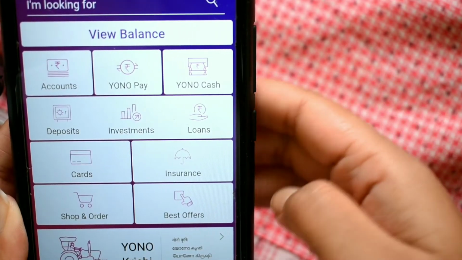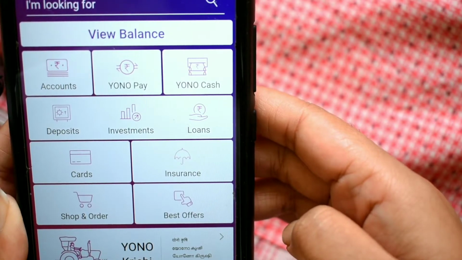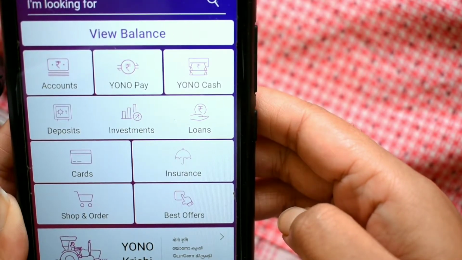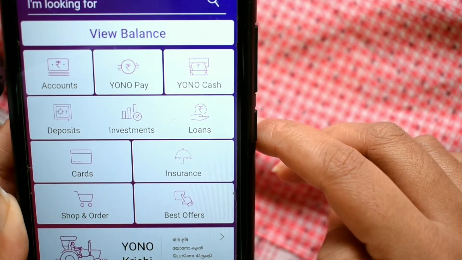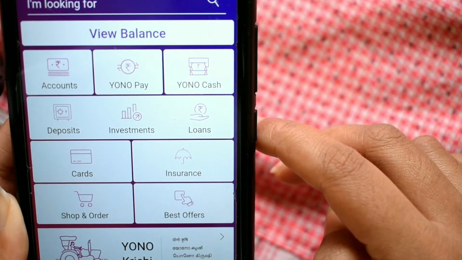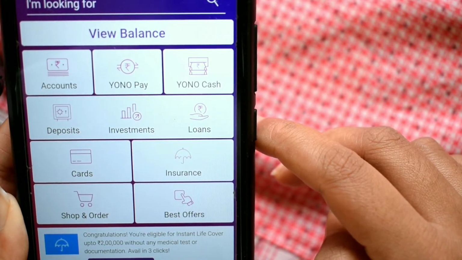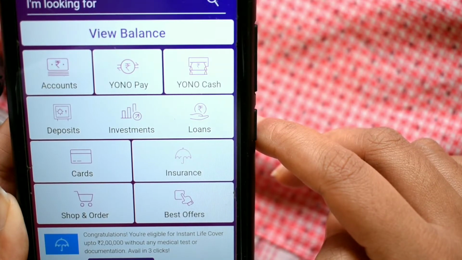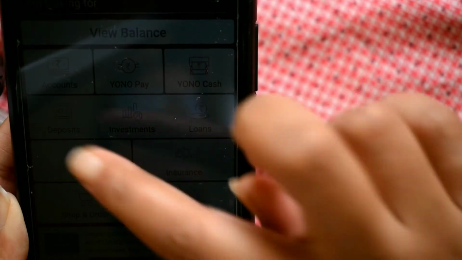So here we are with the login page, the home page of YONO. If you go to accounts, as you can see here, you can see every detail of your account, and you can download the statement of your account for the last 3 months. And then the next option you'll see,